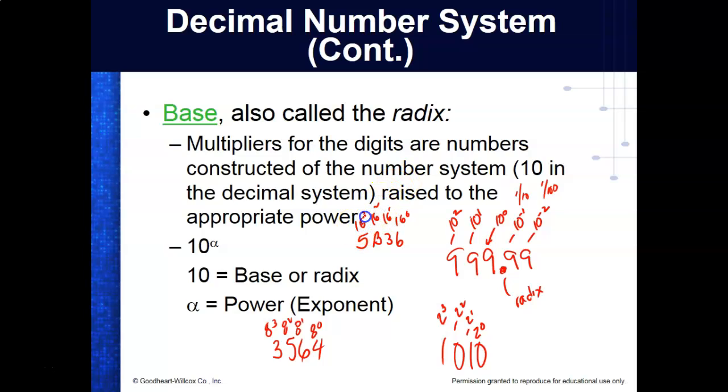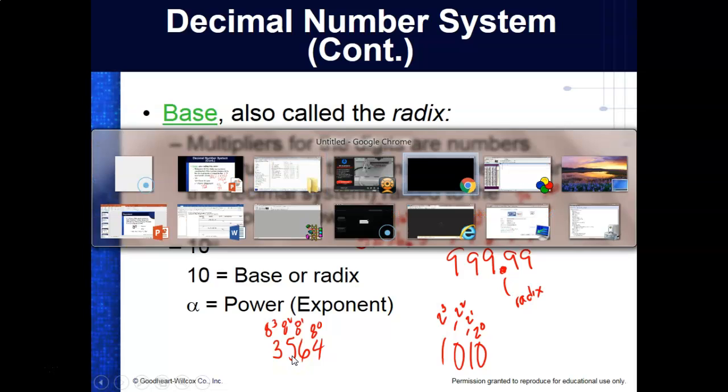If I put a fraction right here, a hexadecimal point, and then I wrote another number like 5, this would be 16 to the minus first. So this is the way number systems actually work, and this is why we call it base 10, because it's 10 raised to some exponent. If we understand this, then we can do almost any number system. So what I'm going to do